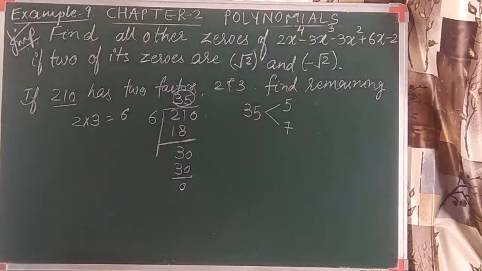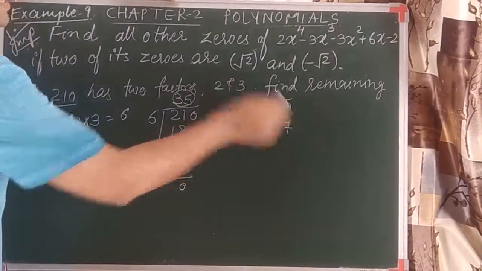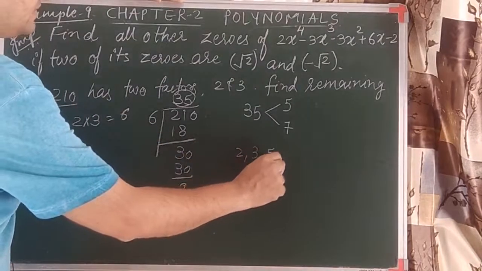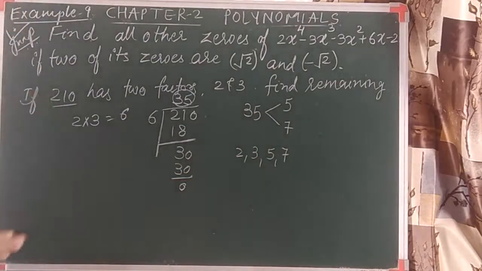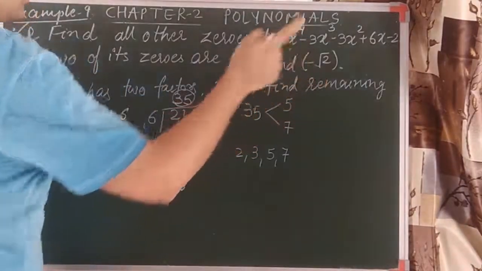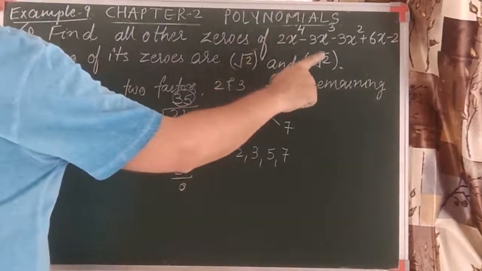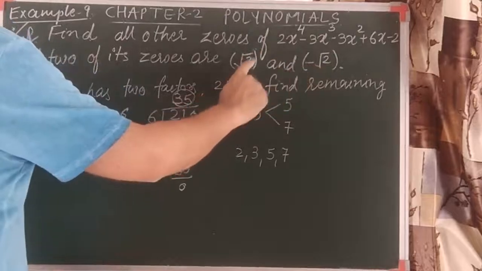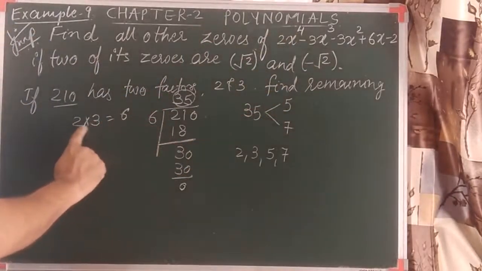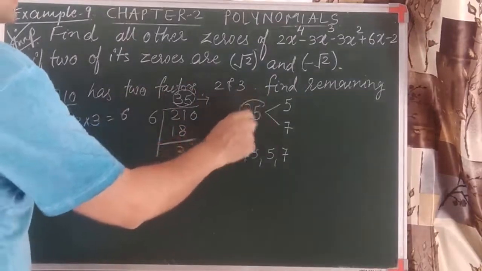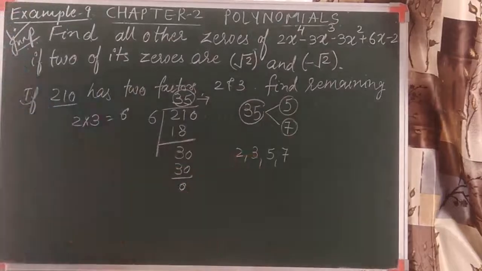तो हम कंक्लूजन पे क्या निकले? The remaining factors are 5 and 7. मतलब 210 के कौन से फैक्टर्स हैं? 2, 3, 5 and 7. Remember, this sum we will do with the same concept. The concept is what? These two are the given zeros of this. तो हम क्या करेंगे? x minus root 2 and x plus root 2 are the factors of this. मतलब इसका प्रोडक्ट भी इसका फैक्टर होगा, as we discussed 2 and 3, 6. और जो हमें क्वेश्चन मिलेगा उसके फैक्टर्स के जो जीरो आएंगे वो हमारा आंसर बनेगा.